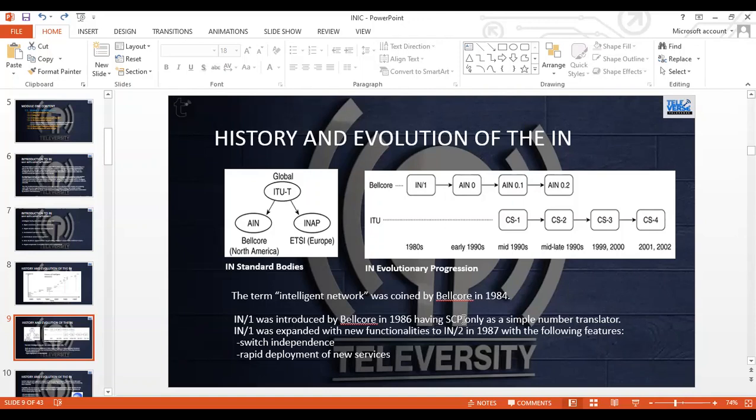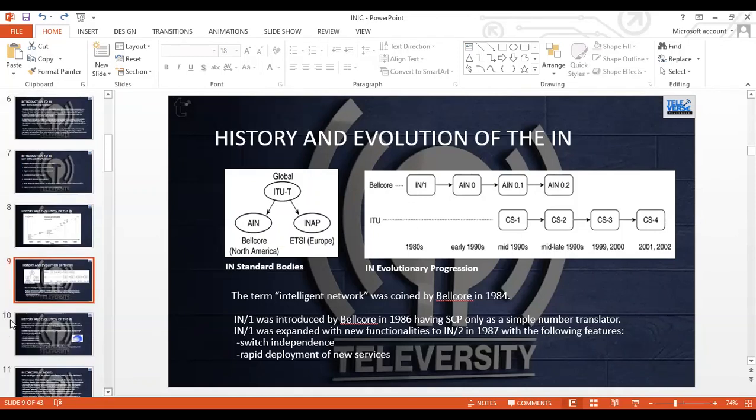IN having the SCP only as a simple number translator. So different features and new functionalities were added as it moved on, for more switch independence and rapid deployment of new services. Okay, so moving on,